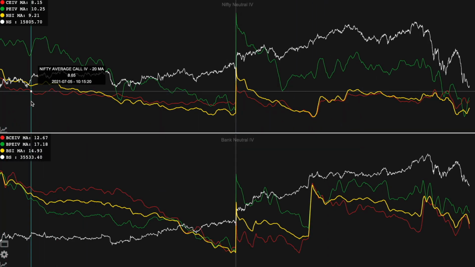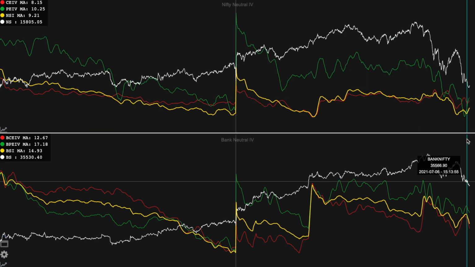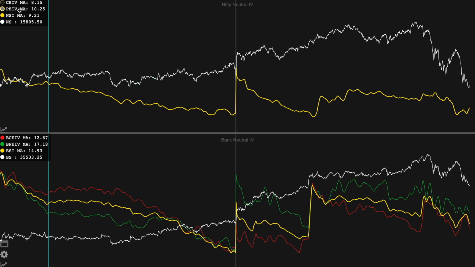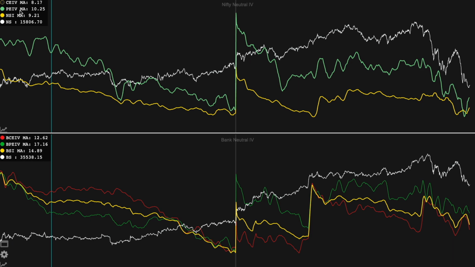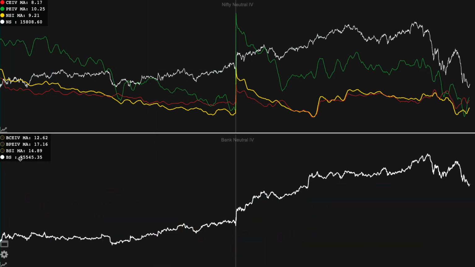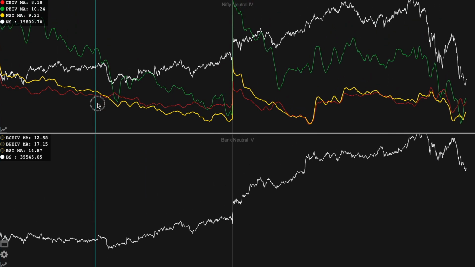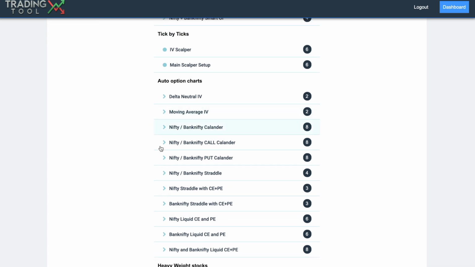Now the next thing is, if you have multiple line charts like this, you can toggle the chart by clicking on this legend box on the top left. For example, if I click this, it hides a particular line chart, and if I want to show it again, I click on that legend box again. So you can toggle the line chart like this. If you have a single chart with multiple data, you can hide all those things and analyze the charts in a cleaner manner.